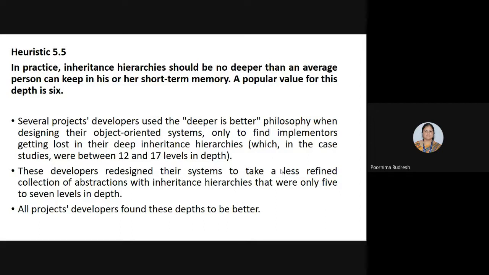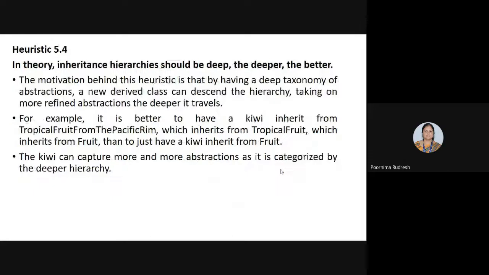Why is it 6? Because human short-term memory works up to 6 levels, hence normally they are considering 6. But the previous heuristic says that the deeper the inheritance relationship, the better, because it is capturing more and more abstractions.